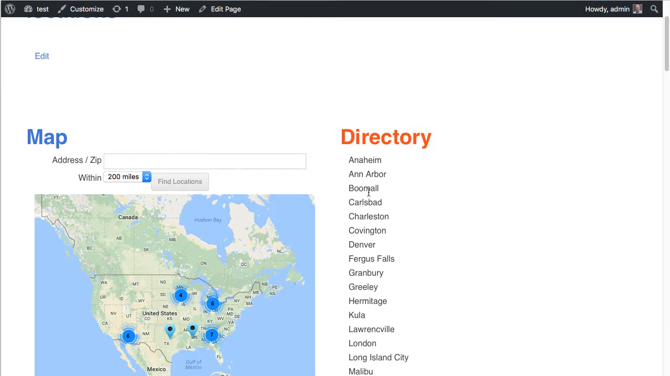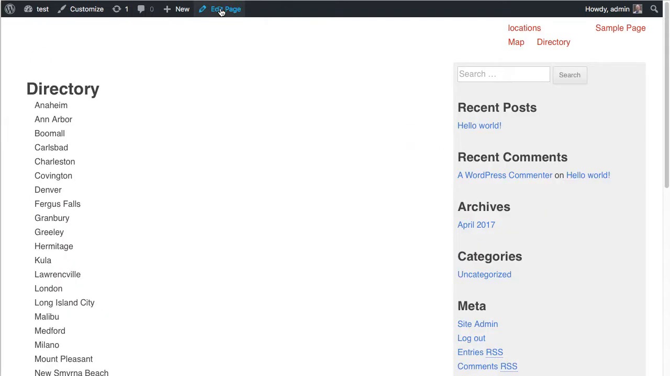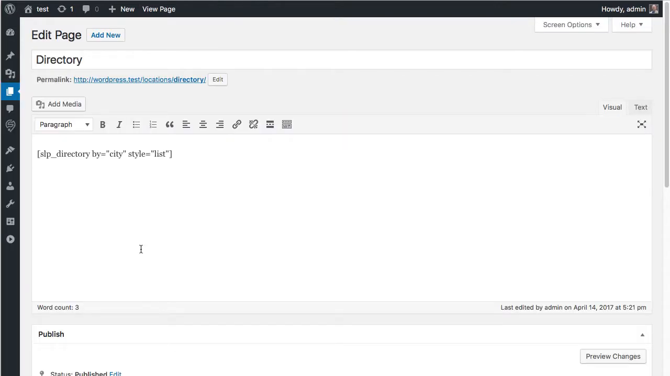So with the Power add-on installed, I'm going to go to this directory page and I'm going to edit that page and change it so that it actually fires up the map and shows all the locations within that city. And I do that by using this SLP directory shortcode. This is the one that was showing the list of cities, and I'm going to add a locator page,